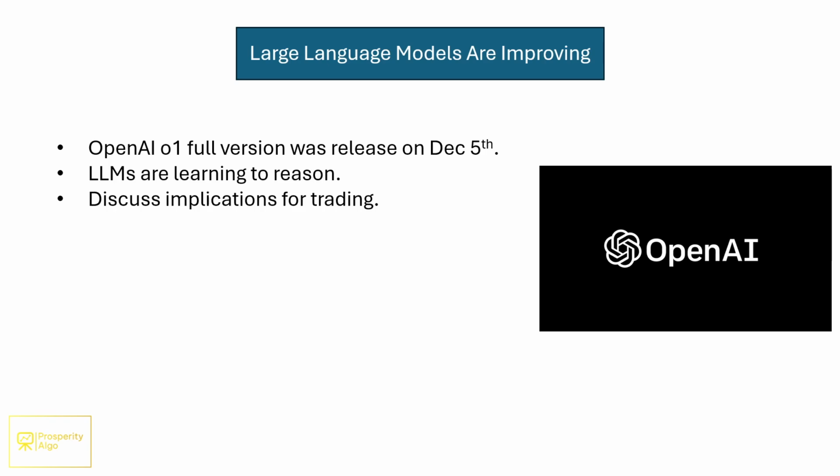So, the reason why I wanted to make this video today is that a couple days ago, on December 5th, 2024, OpenAI released a new, very sophisticated large language model, the O1 model. And really why this is so interesting for trading is it's showing the advent of a new breed of LLMs. And Claude did something similar with the Sonnet 3.5 model recently. But effectively, this whole new generation of models are getting a lot better at reasoning.